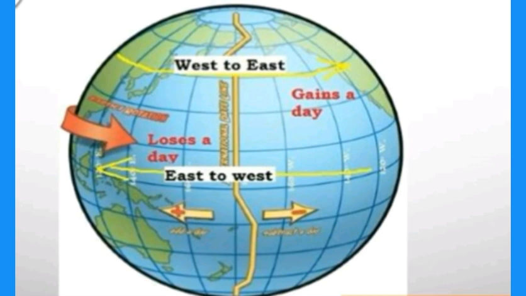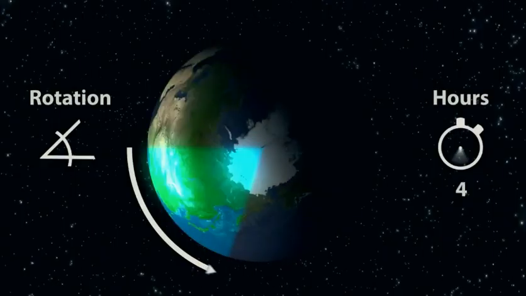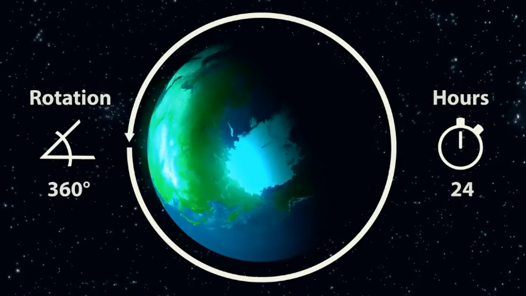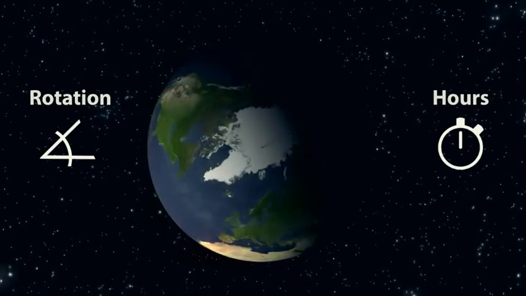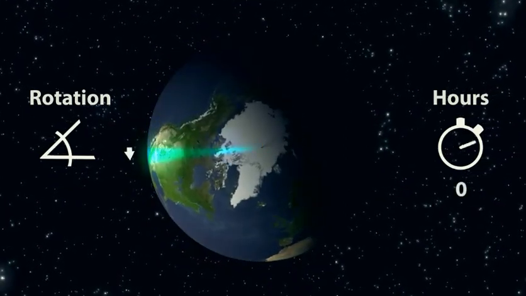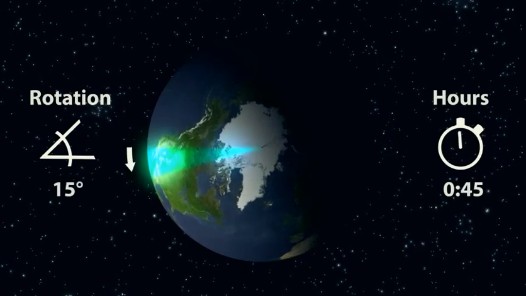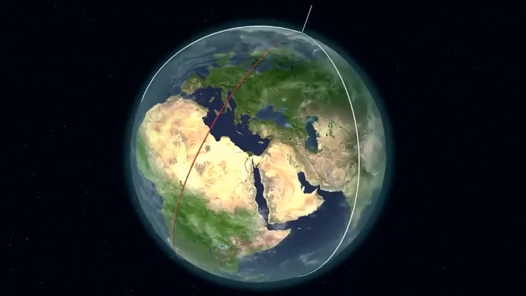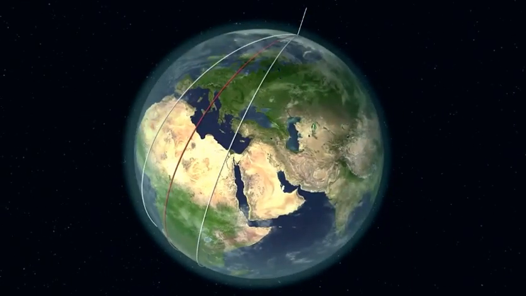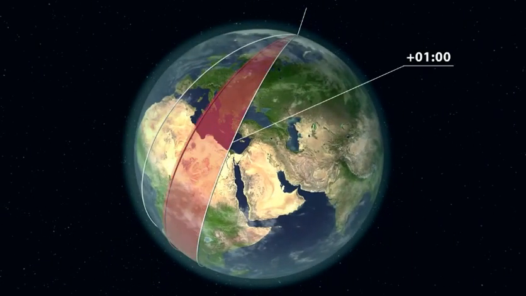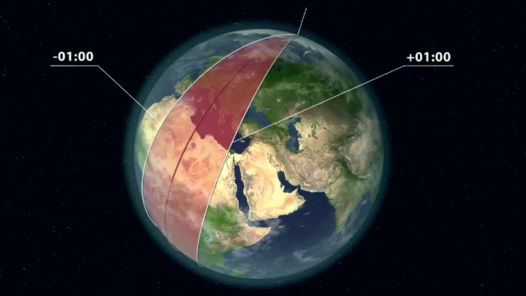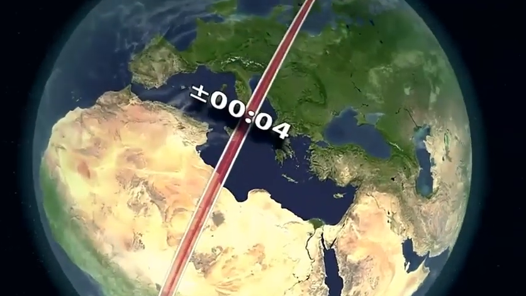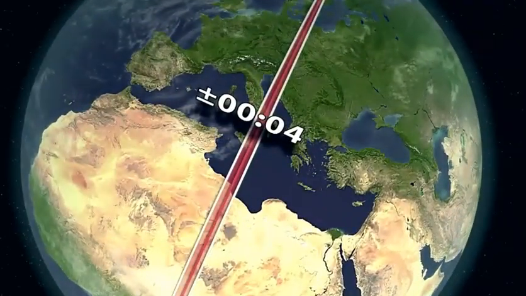The Earth takes 360 degrees of longitude to complete one rotation of 24 hours. So, in 1 hour, it covers 15 degrees. So, from the international dateline, 15 degrees towards the east will be 1 hour ahead of the international dateline, and 15 degrees towards the west will be 1 hour behind. So, the difference between each degree is 4 minutes.